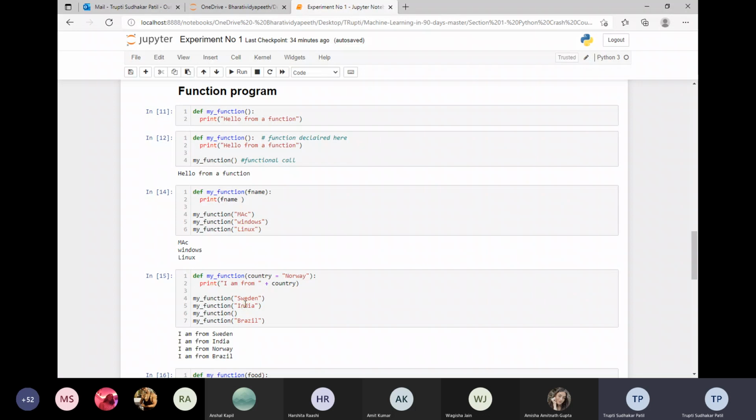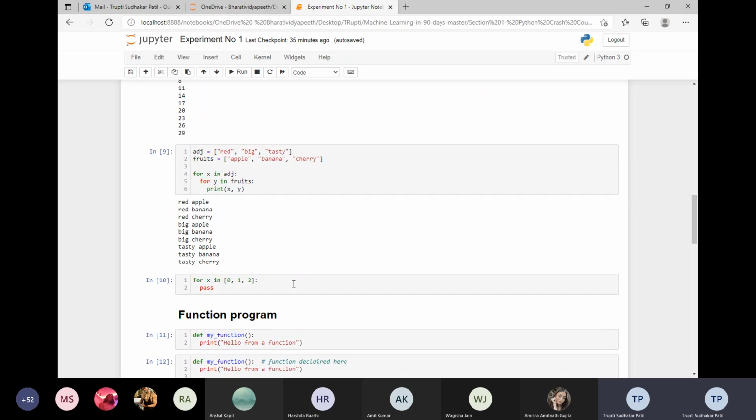And you must understand this function, because whenever we are writing data visualization and handling data sets with the pandas library, when we have to handle data, at that time we sometimes require this kind of function writing. So function is the part you should understand very well. And once you learn to write it, then it will be very easy. You can easily write it whenever we have to fill up the missing value, track a particular column, or retrieve some data. So fill the missing value with some other value. That is where we can use function programs.